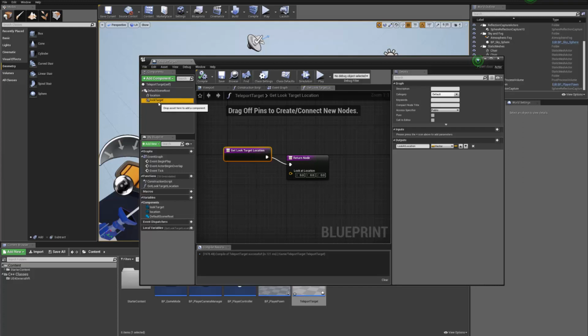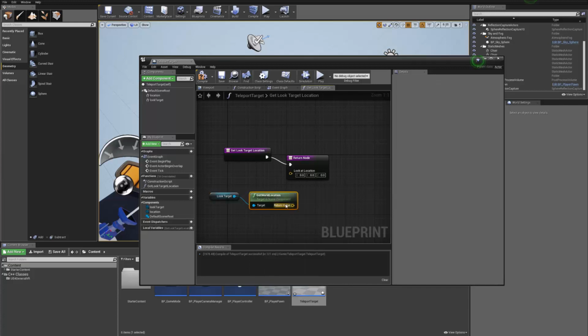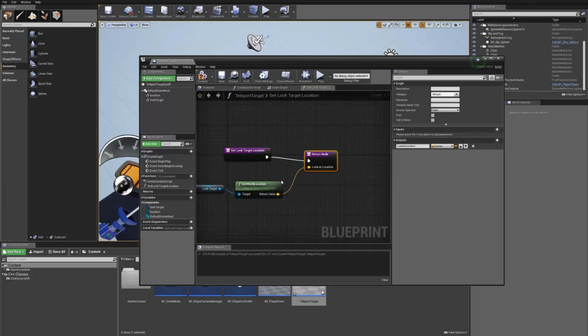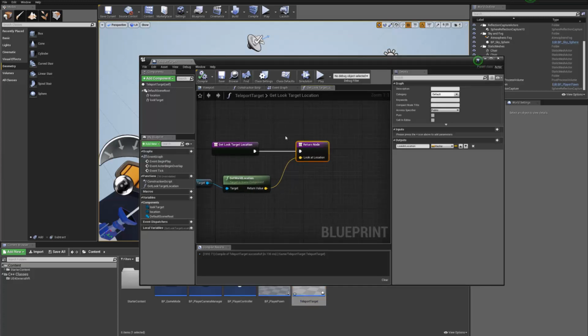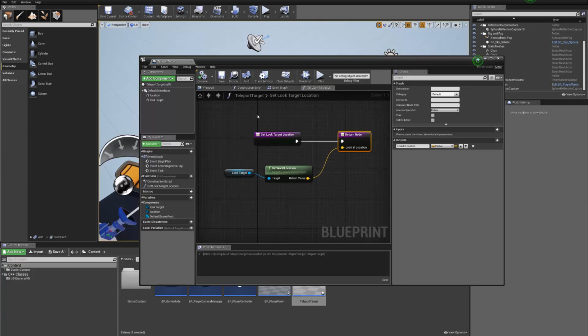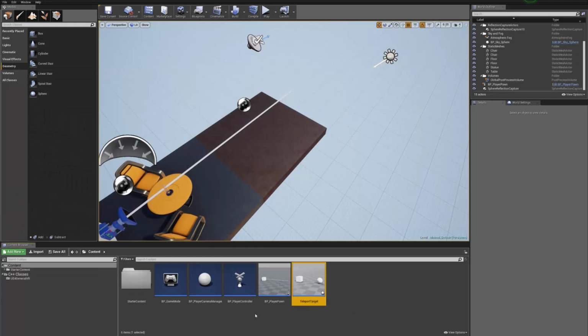And then we're going to drag this look target. We're going to get world location, and this is going to be our return value here. Compile and save. Back to the player pawn,